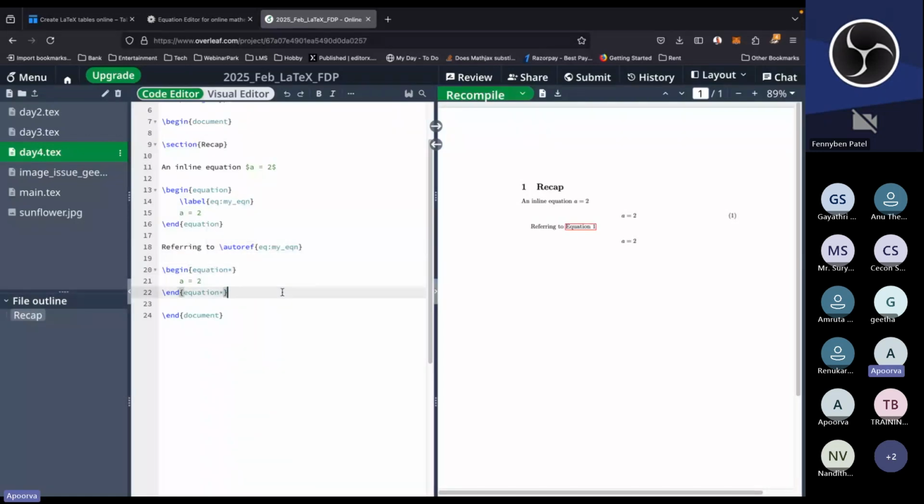Now we also quickly looked into what to do if I would want multiple equations aligned at a particular point, with each equation having its own number. Say I would want to have y is equal to mx plus c, and then I would want to have a is equal to